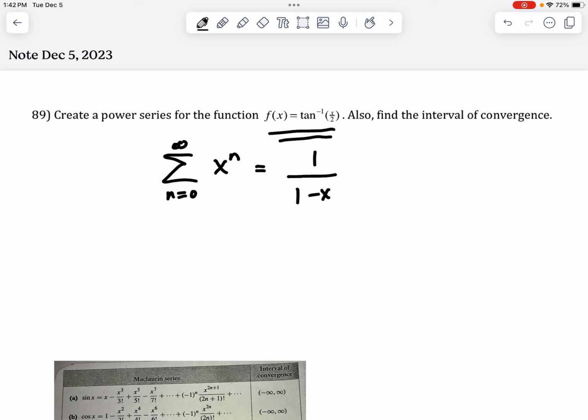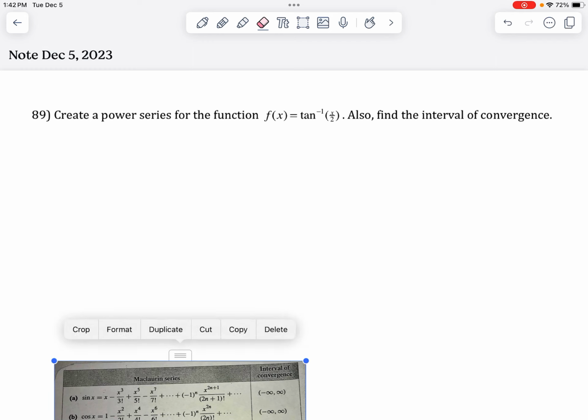And if you watched podcast number 88, I used that. And then you could replace the x with x squared, and then you could integrate that, and it's going to give you a series for tangent inverse. So you could do all of that for extra fun, or you could say, well, we have this